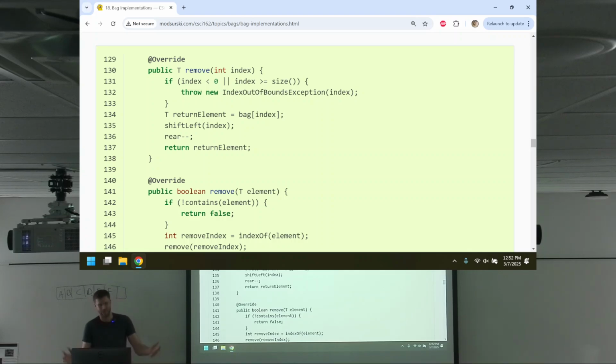Why? Because if you're removing a specific thing, you already know what the thing is. I don't need a reference to it, right? Remove this thing. Well, I have a copy of that thing. Remove the thing at that index. I don't know what it is. Give it to me. So there is a method to the madness. You're right. Good job thinking on that one. But, yeah, there we go.